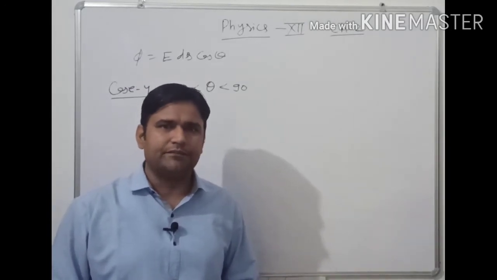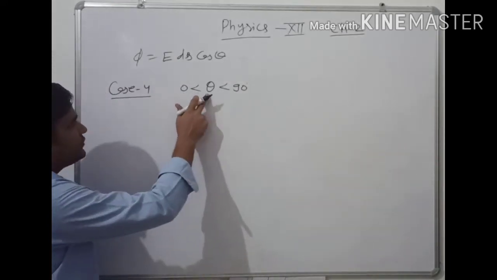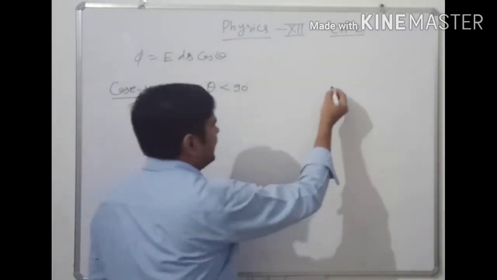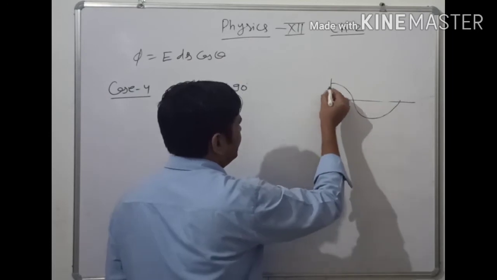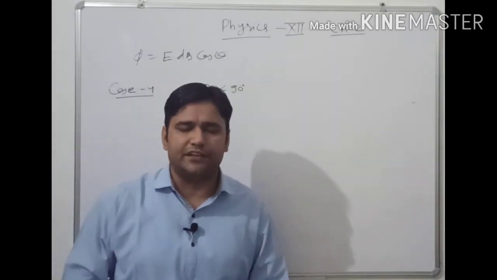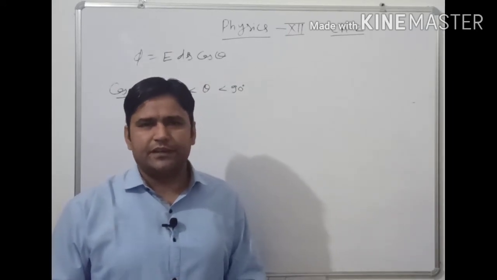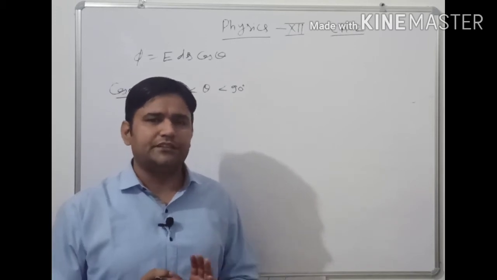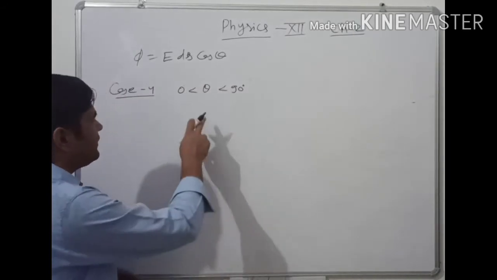Is it clear? Okay. Then if theta is greater than 0 and less than 90, the graph of cos theta will be like this. Clear? It is the 0 degree, and the combination of the first and second case, or the intermediate formulation of the first and second case. In the first case, we are considering phi equal to 0. In the second case, we are considering phi equal to 90. Then it is the intermediate form of it.